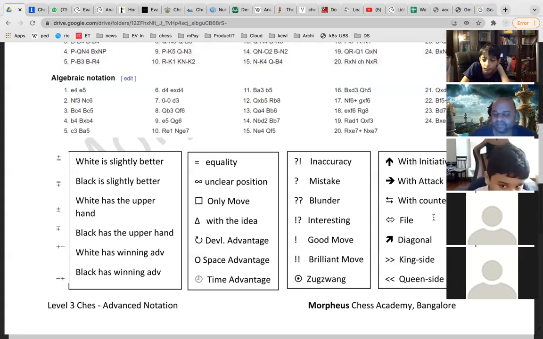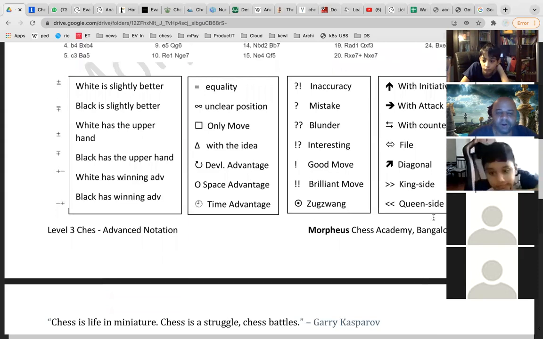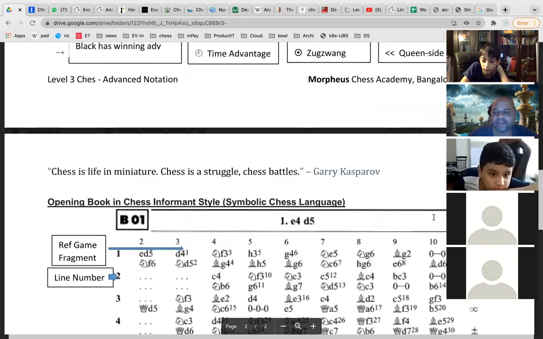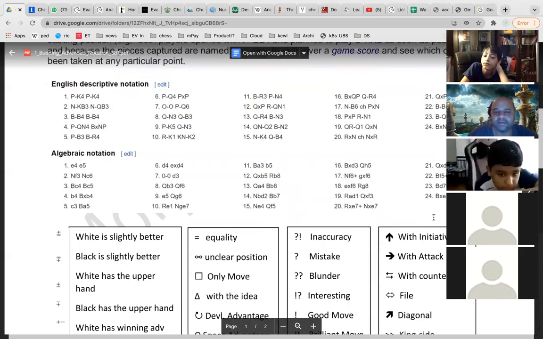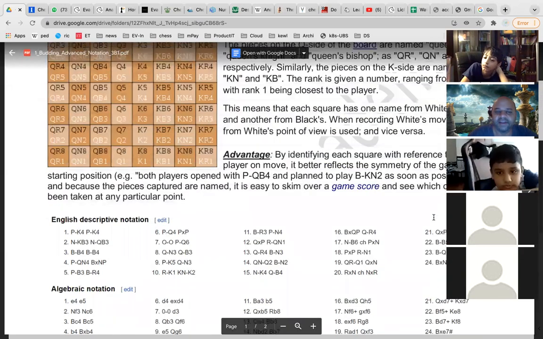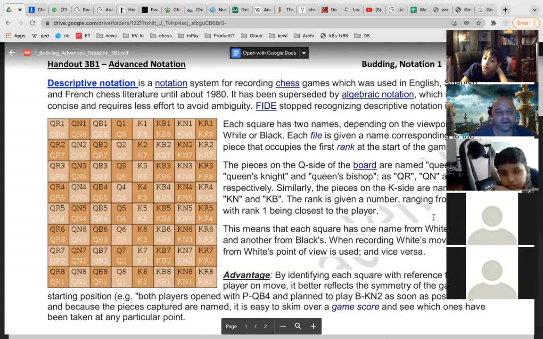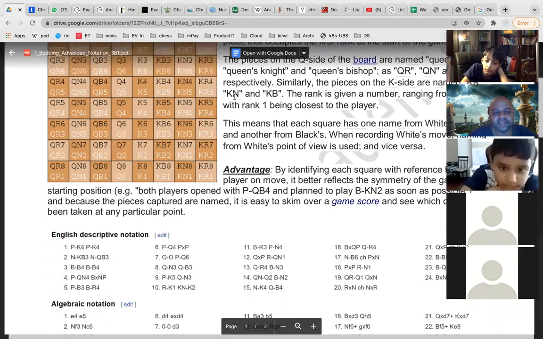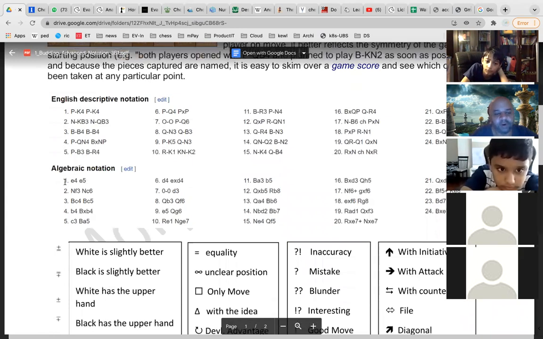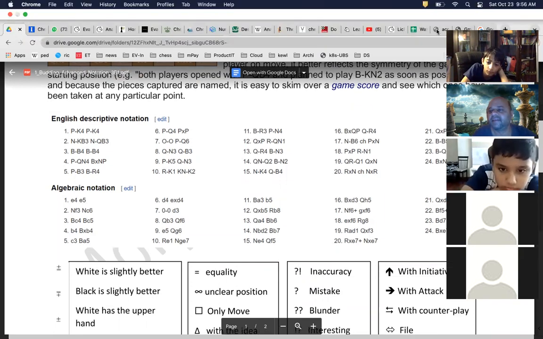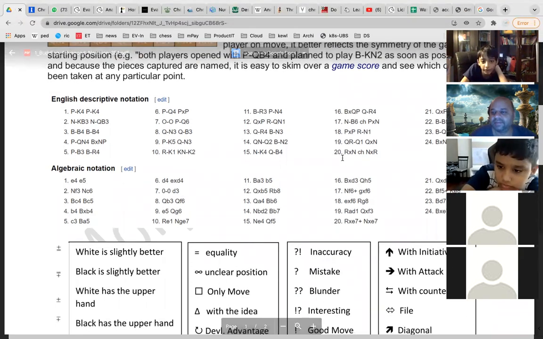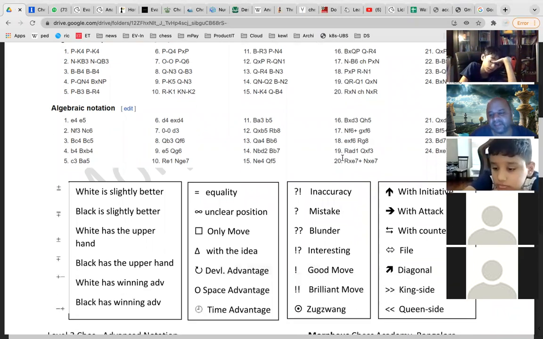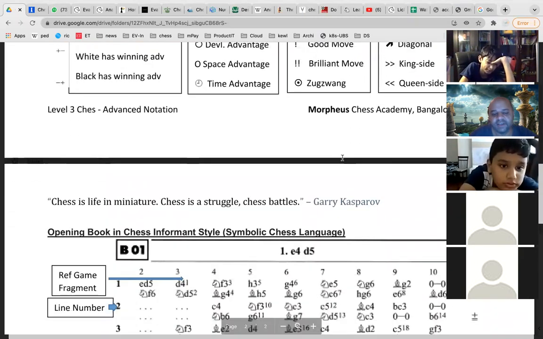All right, so this is about the symbols. Vihan, you joined slightly late, but I'm going to share the recording, and the video of the previous class is available. I will send that, you can watch it. The key thing is that with this English notation, you have to play through at least one game, understand how the notation works, and verify that you are able to get it. I will share this.